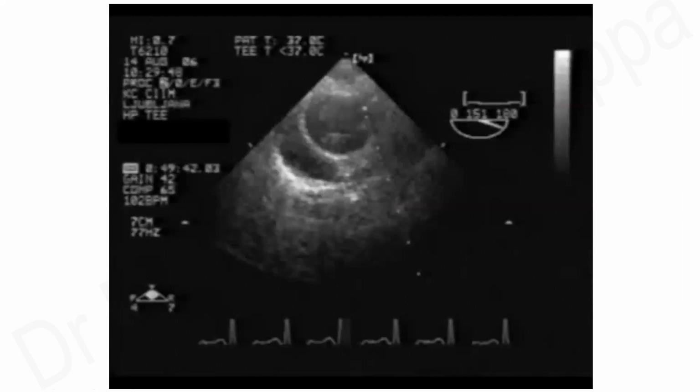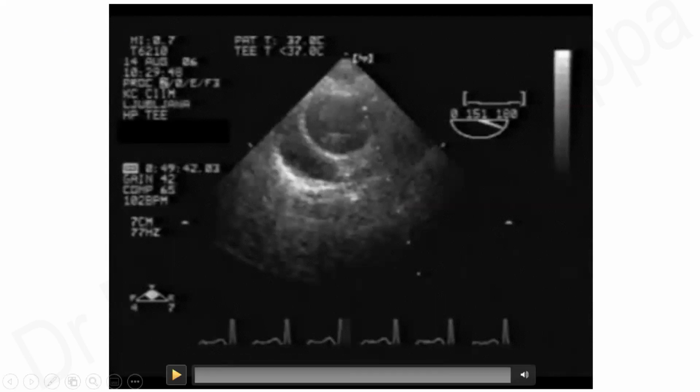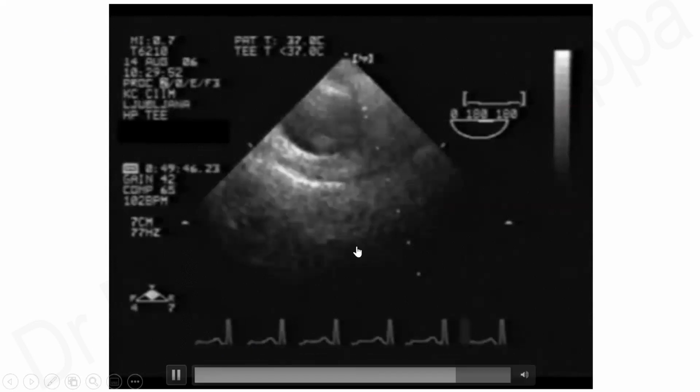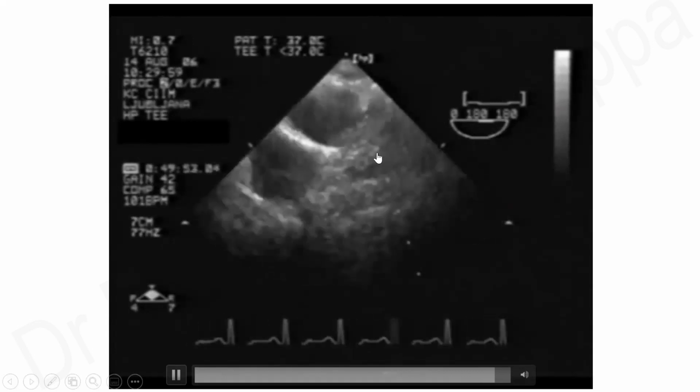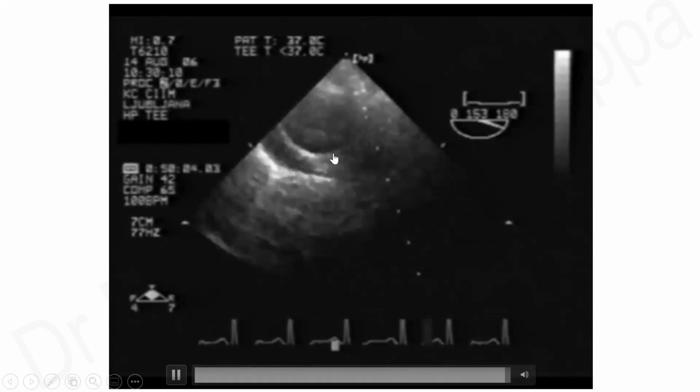Another important thing, if there is a major thrombus sitting within the pulmonary artery, in the parasternal short axis view, you can visualize the thrombus. So this video will very briefly show you, very carefully watch. So this is the right pulmonary artery. You will see the presence of thrombus. So this is the right pulmonary artery, and this is the thromboembolism. I'll just show you. So you carefully watch the video. You will see there is a thrombus floating here in the right pulmonary artery. Carefully keep watching. See, you can see that bobbing thrombus floating in the right pulmonary artery.